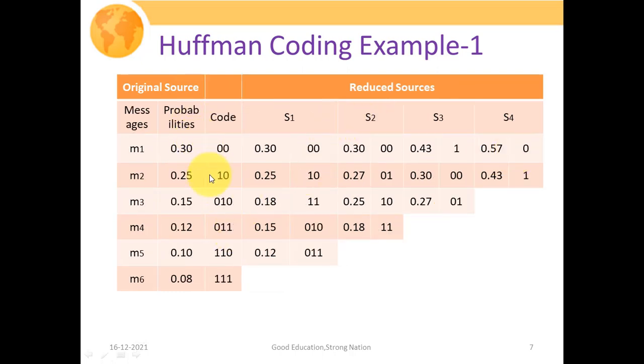So in this particular table, we have the message symbols, that is, the different symbols that the discrete memoryless source is going to generate. Again, these are 6 symbols and these are their associated probabilities. Then how we are going to obtain the code, that we need to understand.